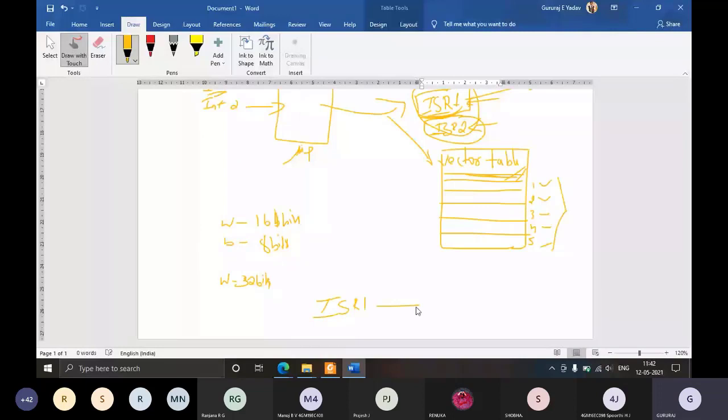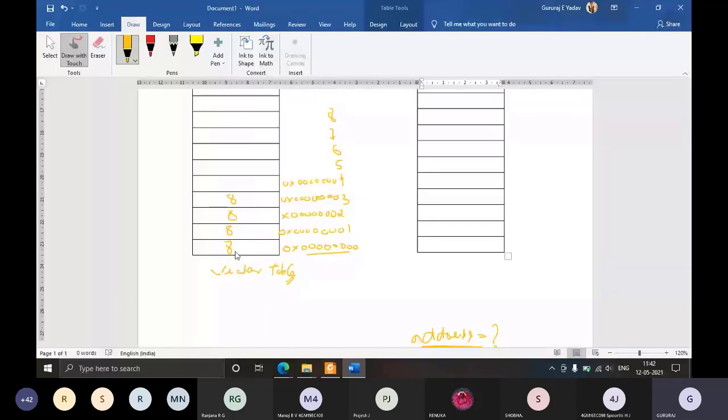To store 32 bits, how many locations do we require? Because each location can store only 8 bits, we require 4 locations: 8 bits, 8 bits, 8 bits, 8 bits. So that is why it is into 4.